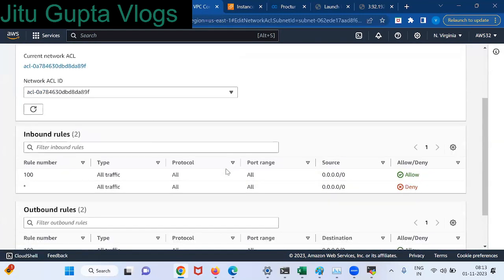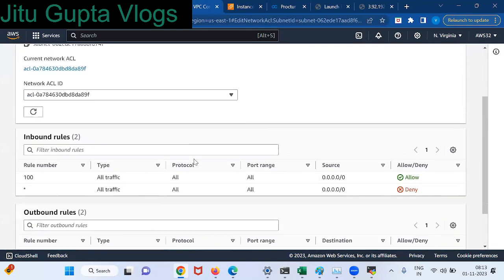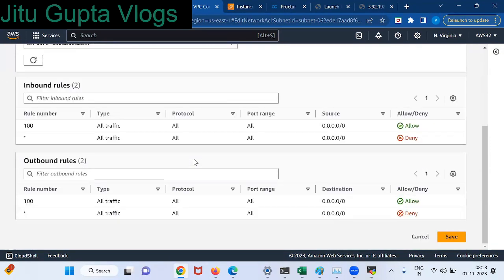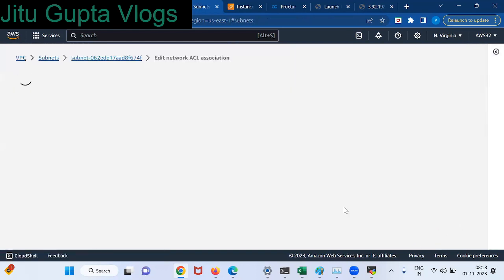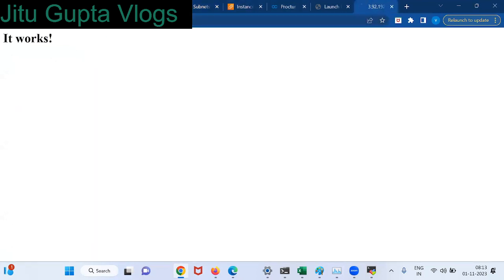See, I have enabled all traffic for my subnet. So I should change it here. Clear? If you save now, I haven't saved anything. This is working for all traffic for my subnet. I clearly mentioned that NACL works at the subnet level. In your subnet, it's allowing all traffic. It's working, right?